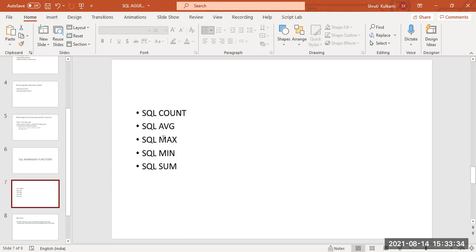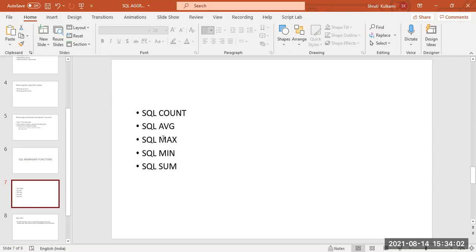Then what is the maximum? Out of those records or rows, what is the maximum value? What is the minimum value? The lowest value, the highest value. And the count. The word count itself says how many. When the class strength is very low, I count the number of students who have come. The same way, in database management system or SQL, you have a function called count. How many records are there?